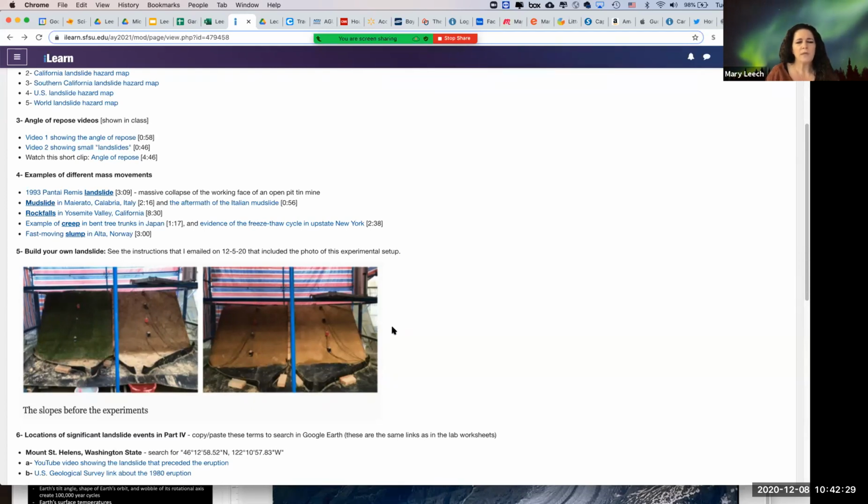As you're raining on the terrain, you want to watch and make observations. What happens? What moves first? Be descriptive, be thorough, and include some details so that I understand what you did and what it looked like.